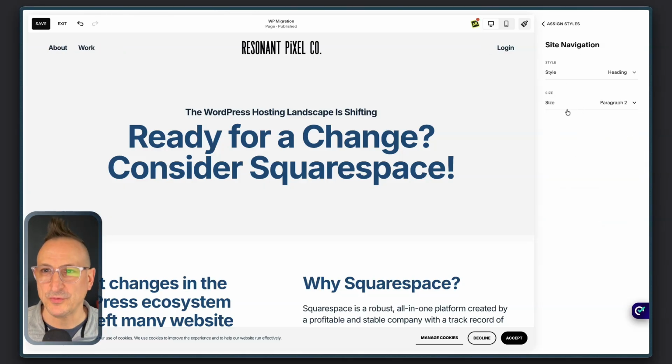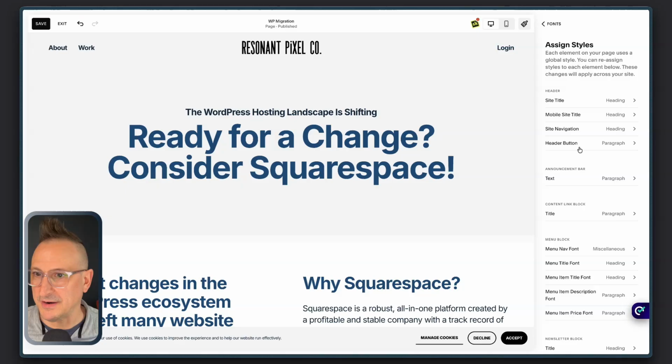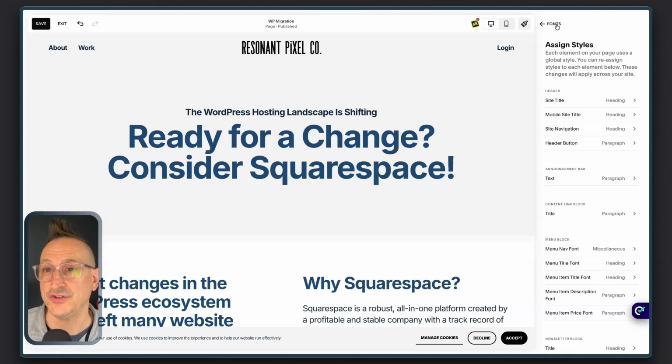So hopefully this was helpful. This is how you change the font weight, font styles of your navigation. And there are a lot of settings in there, so I can appreciate that that is a bit of a challenge. Now, if you wanted to change the color,